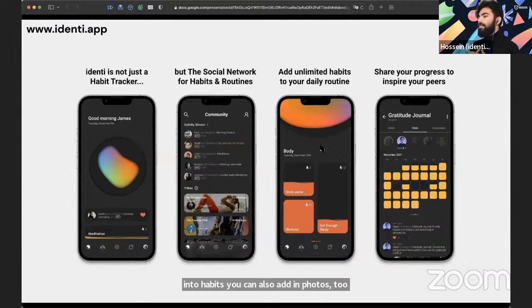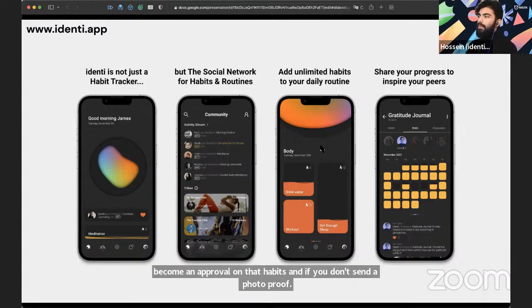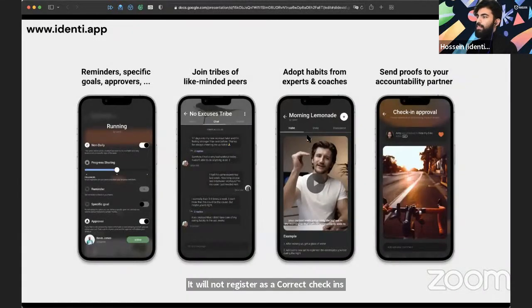You can add one of your friends as an approver. If you're likely to cheat, for example, on a habit that you want to implement, you can just ask your friend to become an approver on that habit. And if you don't send a photo proof, it will not register as a correct check-in. So there are interesting things like that.